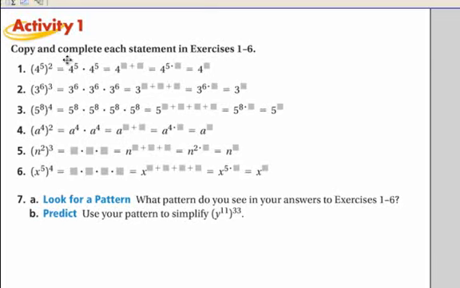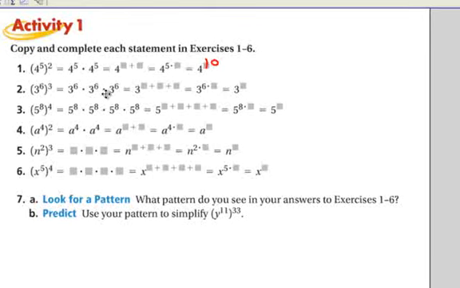Try out this activity. We're talking basically about the same rule we talked about last time. If I have 4 to the 5th squared, that means I have it twice. So that means I should be adding those. So is there a faster way instead of saying 5 plus 5? Well, that'd be 5 times 2. So this would be 4